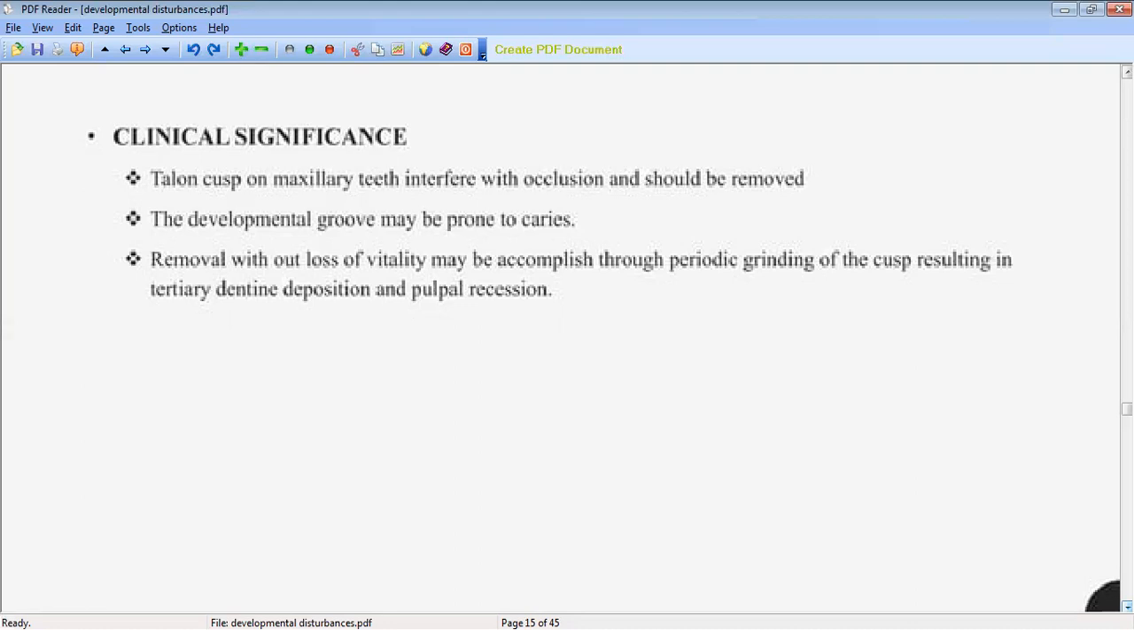If you are not able to see the carious portion anywhere, just look. Now removal without loss of vitality may be accomplished, resulting in tertiary dentine if diagnosed earlier. If diagnosed later, then there must be